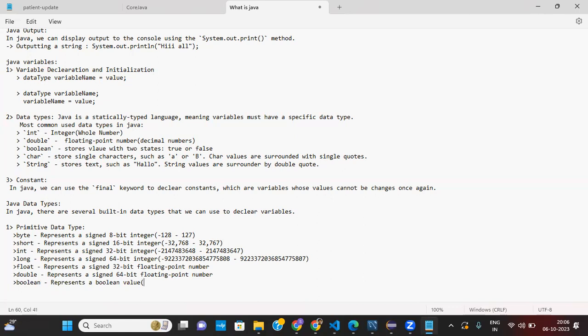So it will state the value in two states, which are true and false. Otherwise, it is true or it will be false.